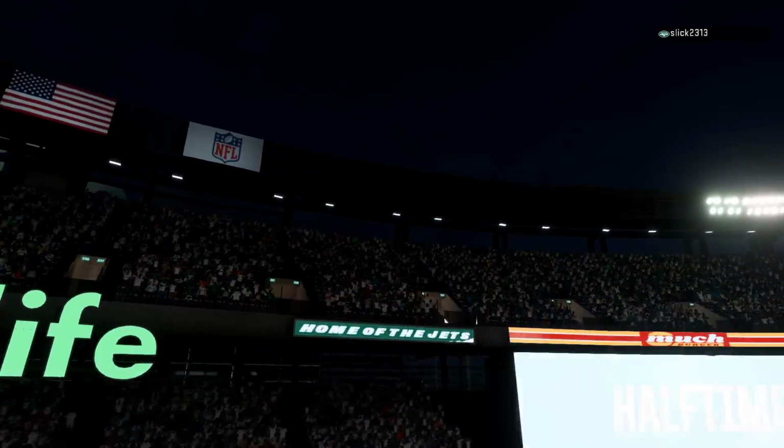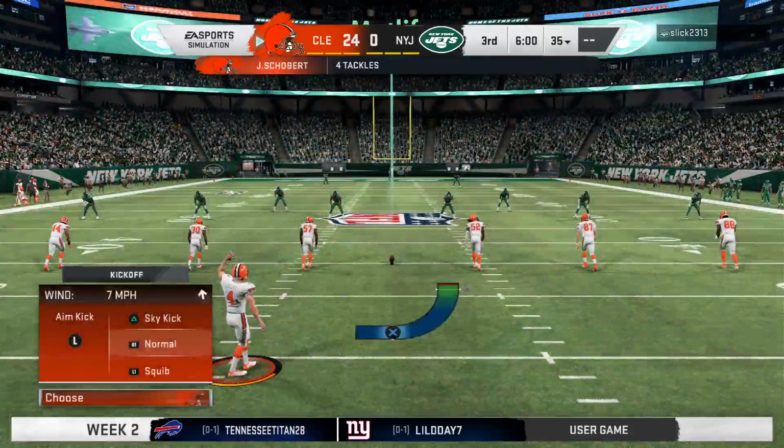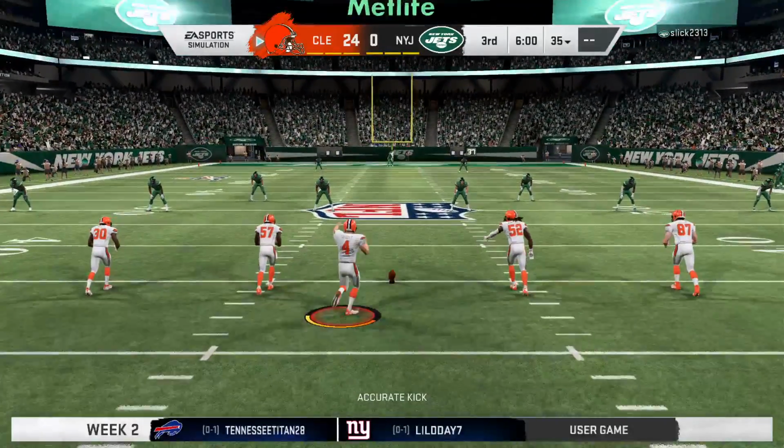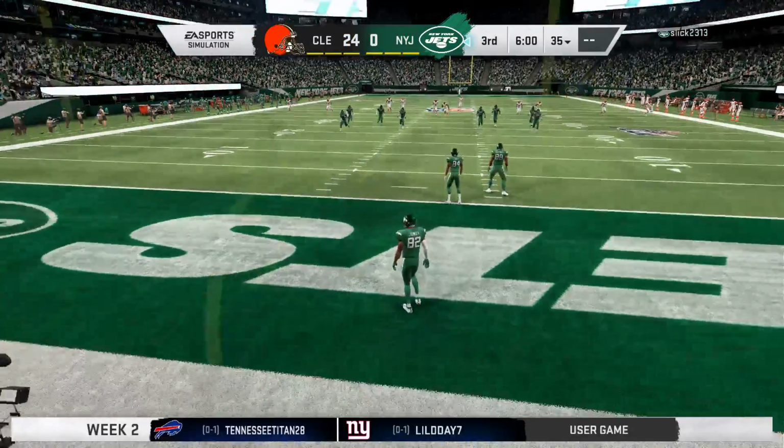So we've come to halftime after a very one-sided beginning to this one. As we'll get you down the coast to Orlando for Jonathan Coachman at our EA Sports Halftime Report. Coach, the Browns are going to get the second half kickoff, and they've got this lead as well as we